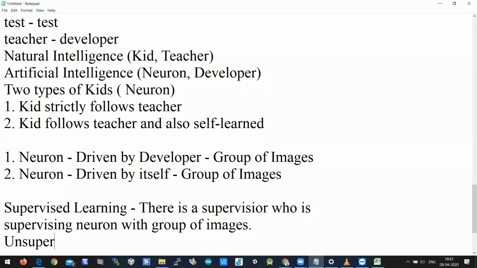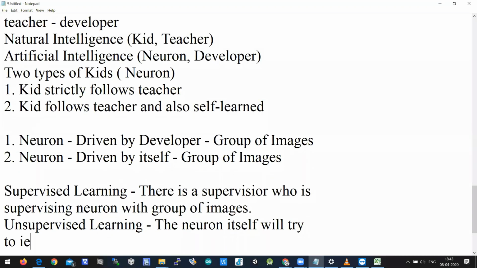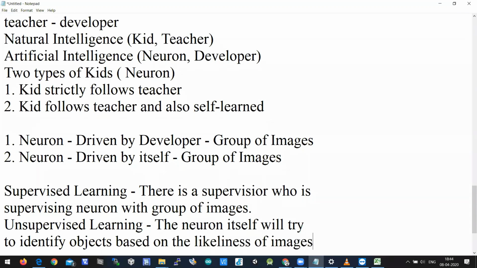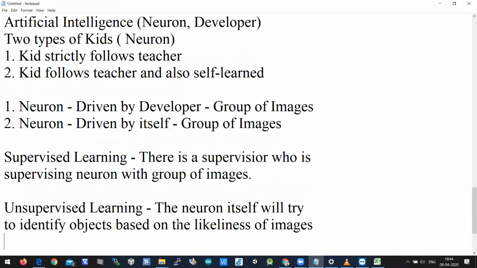The second one is unsupervised learning, where the neuron itself will try to identify objects based on the likeness of the images. So when you show 10 similar cat images, the neuron will try to understand that yes, this is one object, one like object.